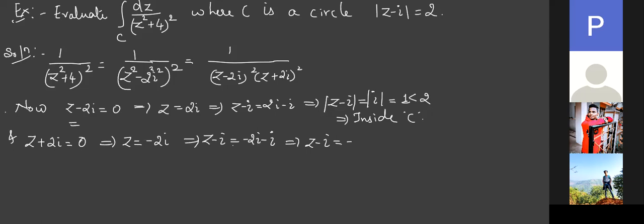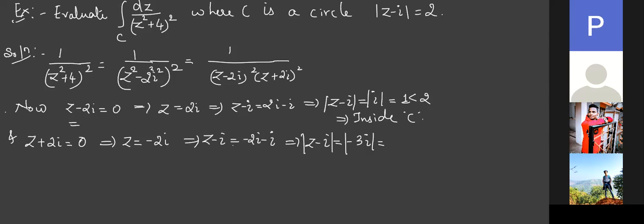Minus 3i. Okay, now what you do, already this is in the circle format, so take the modulus of this. So the modulus of minus 3i is how much? Apply the root of x square plus y square format. Your x is 0, the real part, and the imaginary part is minus 3, the whole square.